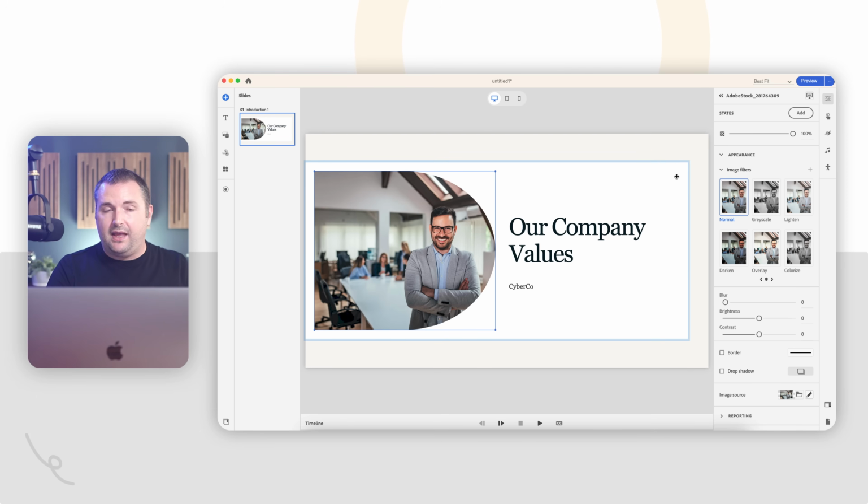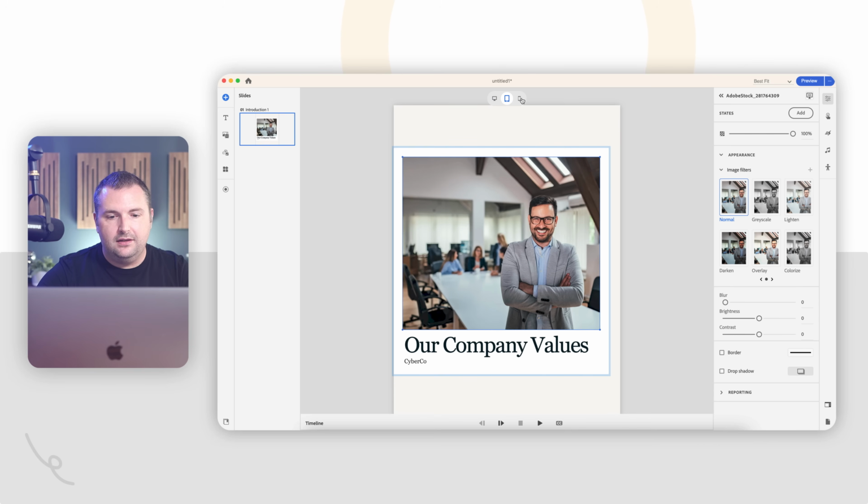In the older versions of Captivate, it was responsive, but you had these things called breakpoints. And essentially you had to design 3 different versions of your course in order to make it responsive. And they've gotten rid of that, and they're doing it for you. But the cost of that is this templated